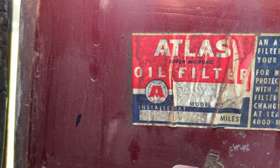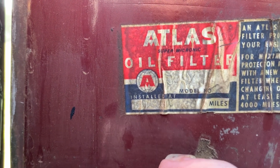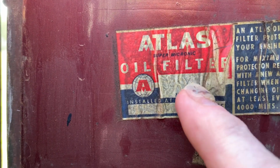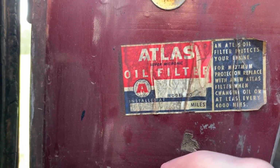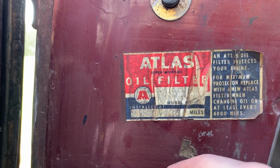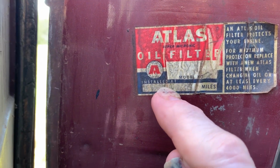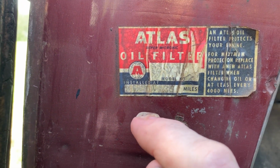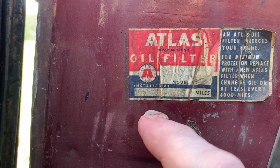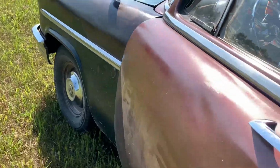The interesting part about this is that that's actually my writing on there, written in lead pencil from the looks of it, and it didn't survive 30 plus years out in the woods without a little bit of fading. But I guess I was helping my dad do an oil change on the Merc that day in July of '67, and I guess I thought I was being very helpful, writing the important data there on the tag. Anyway, a little bit of history. Too bad I couldn't read the mileage on it, but...